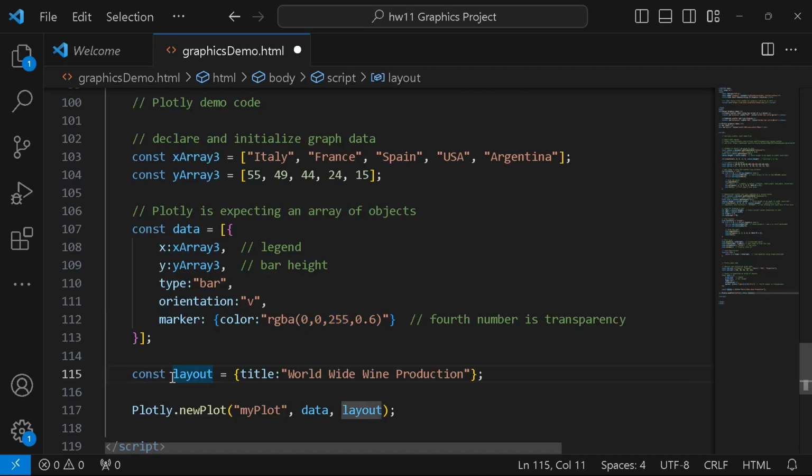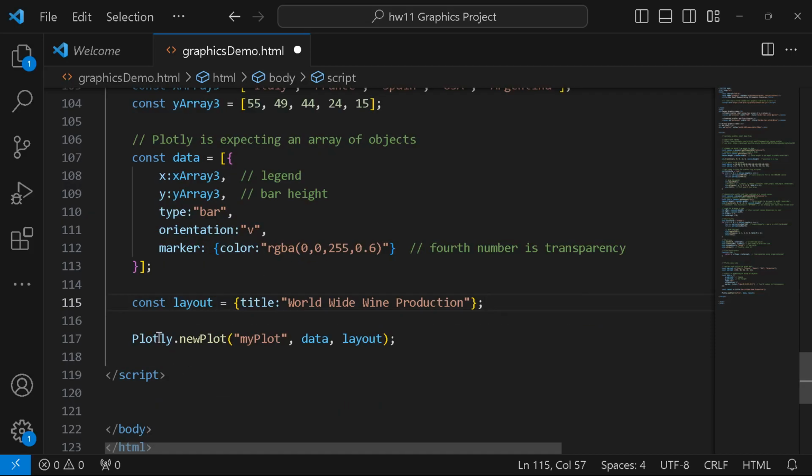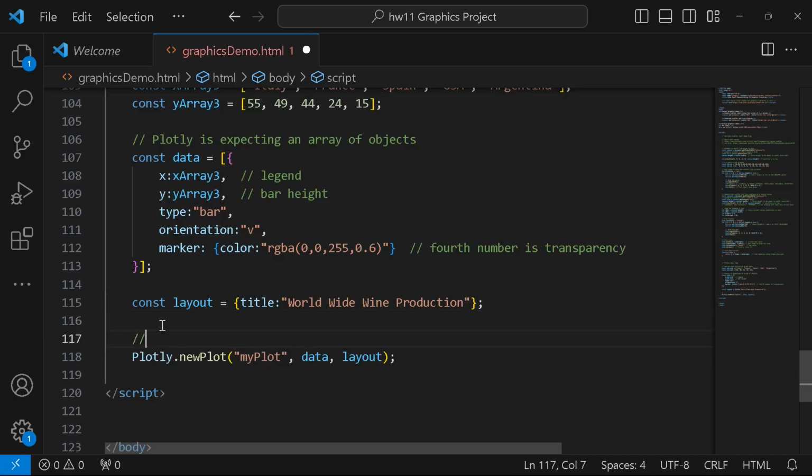And my layout is simply an object with a title of Worldwide Wine Production. Now I'm guessing there are more properties of the layout that might determine things. I'd have to go look at the Plotly documentation to understand all of that. And now finally, plot it